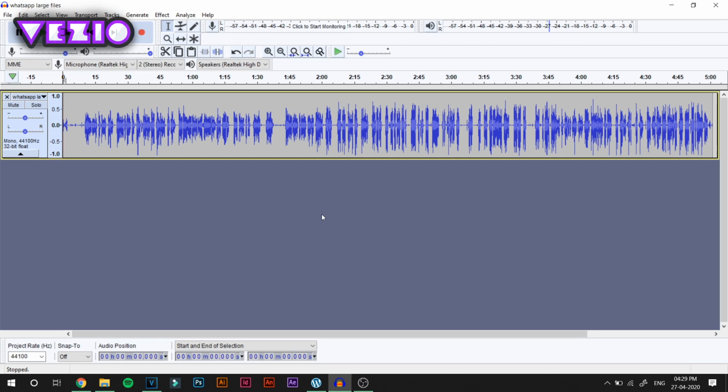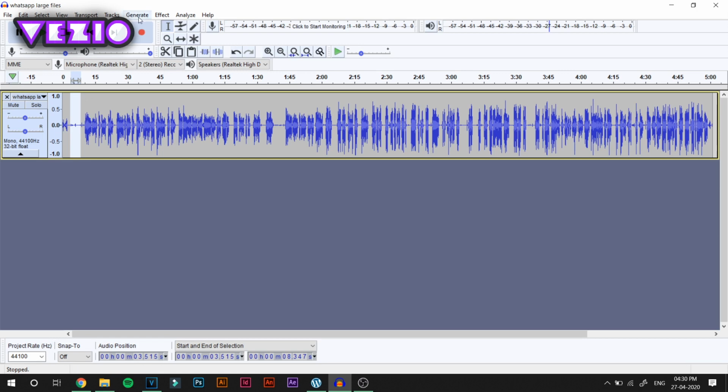audio is imported in Audacity, what you have to do is find a blank space where you do not speak anything and there is background noise in it. So what you need to do is select that portion. You can figure it out by seeing these curves. So where the curves are the lowest, like this is the point where I only have background noise and no voiceover. So what you can do is select that part and play it just to make sure that this is the part you need. So as you can hear, there is only background noise in this part.